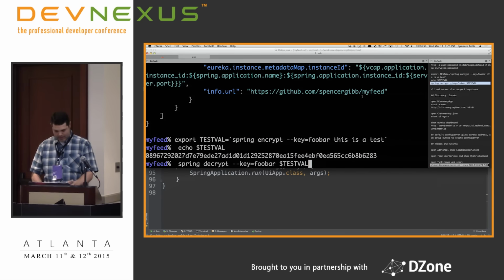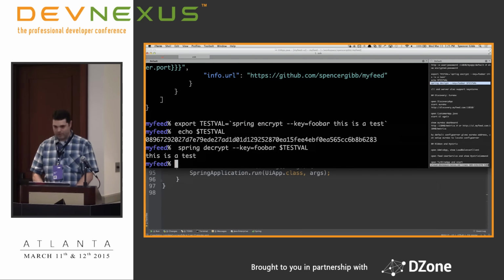You can see that that's the value that would plop into cipher, and this is one of the ways you could encrypt your variables. Then you can see me decrypt it back out, and we got the value that we encrypted. That's a utility you could use. I'm just using a passphrase here, but you can also use standard Java key stores for all of this as well. Okay, any questions before I move on from config server?